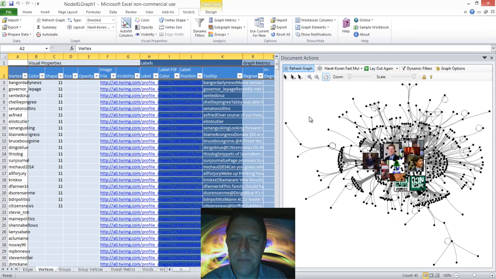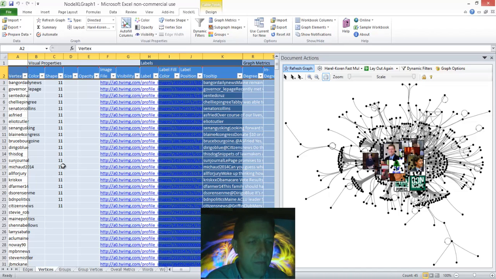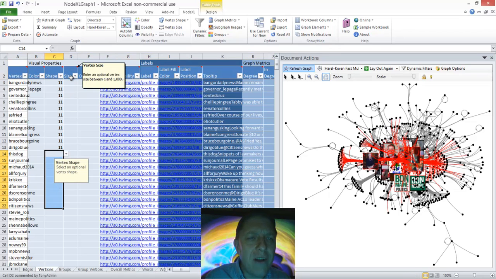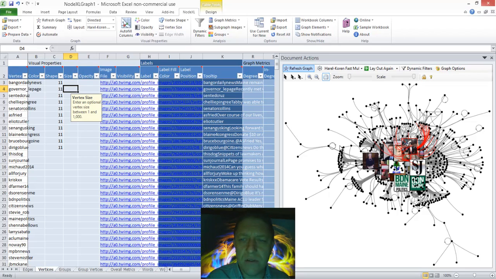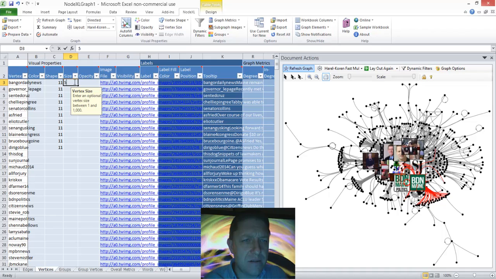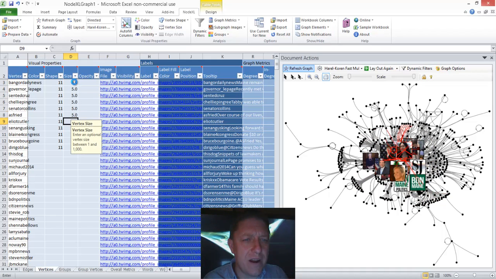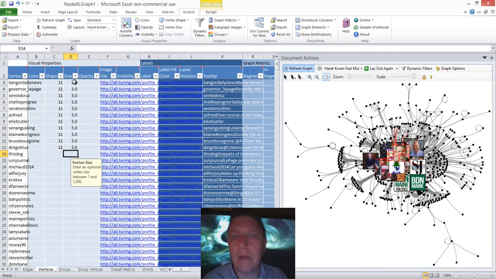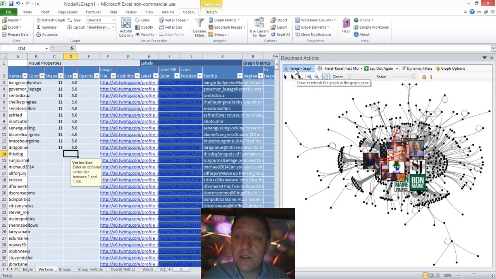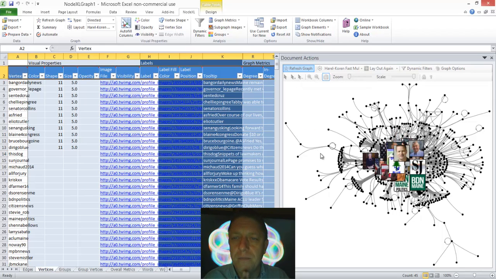What does that do? Okay, it still gives us a little bit of overlap. So maybe I need to tone that down. Why don't I take that to the top 10? And why don't I change the size of those? Okay, I could change the size of the images. Let's try, it's between 1 and 1,000. Let's try a 5. I don't know exactly what a 5 will do, but if it's too small, I can make it bigger. If it's too big, I can make it a smaller number. And I'm going to refresh.